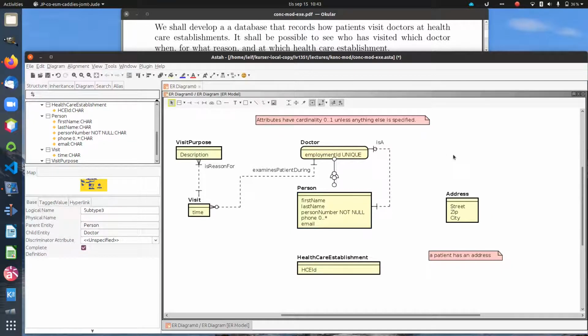And now if I just delete this, the doctor still has rounded corners because ASTA only removed the generalization symbol. It did not remove the fact that the doctor is a subclass of person. But if instead we press Control D, the doctor now has square corners again, because now it does not consider it to be a subclass of person. Okay, back to the reasoning about